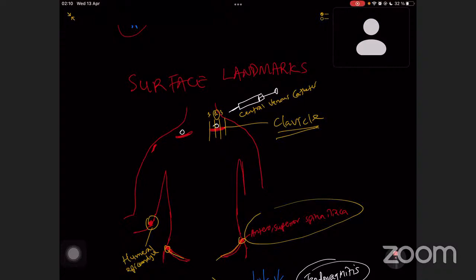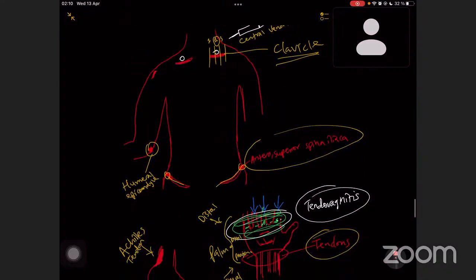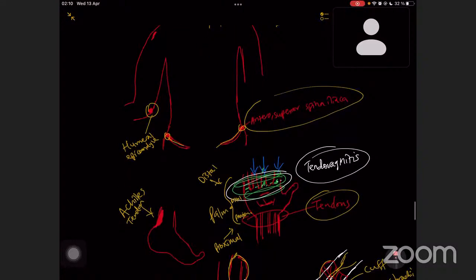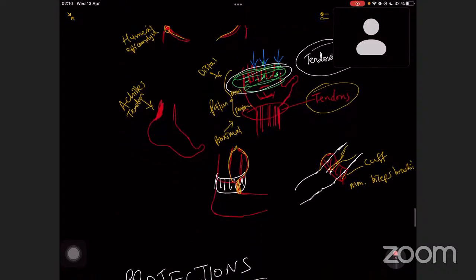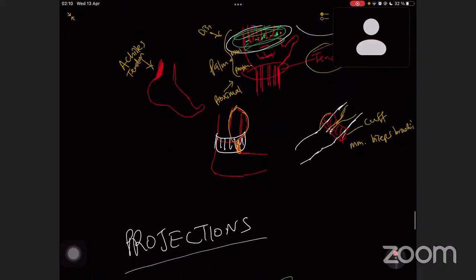Surface landmarks are very important, crucial for studying the anatomy, the topographic anatomy of regions and organs. Surface landmarks allow us to determine the limits of various anatomical regions. For example, the limits of the abdominal cavity, the limits of the thoracic cavity, as well as the limits that correspond to the contours of a visceral organ as projected on the surface of the body. Right,